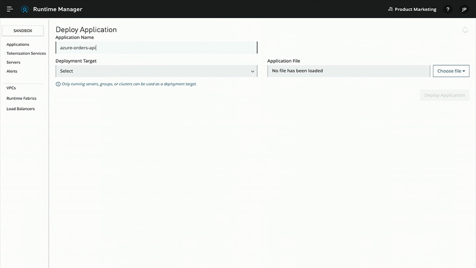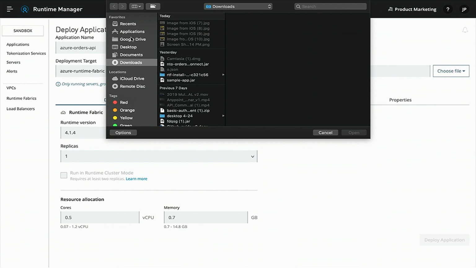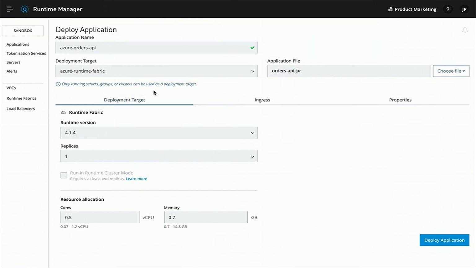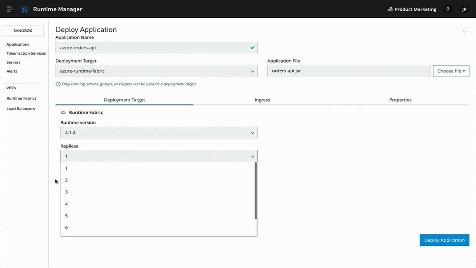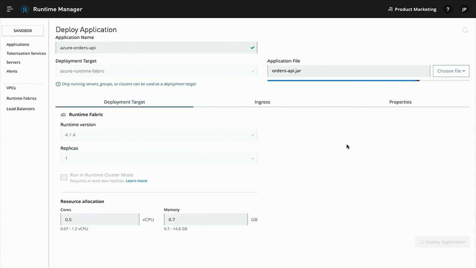a name, select the target. So in our case, we are going to select Azure Runtime Fabric, and upload the jar file that we were just looking at. And now he can select his runtime version, if he has different runtime versions, and then the number of replicas. So if you want to run multiple replicas of the same API, allocate resources, memory, and hit the deploy button